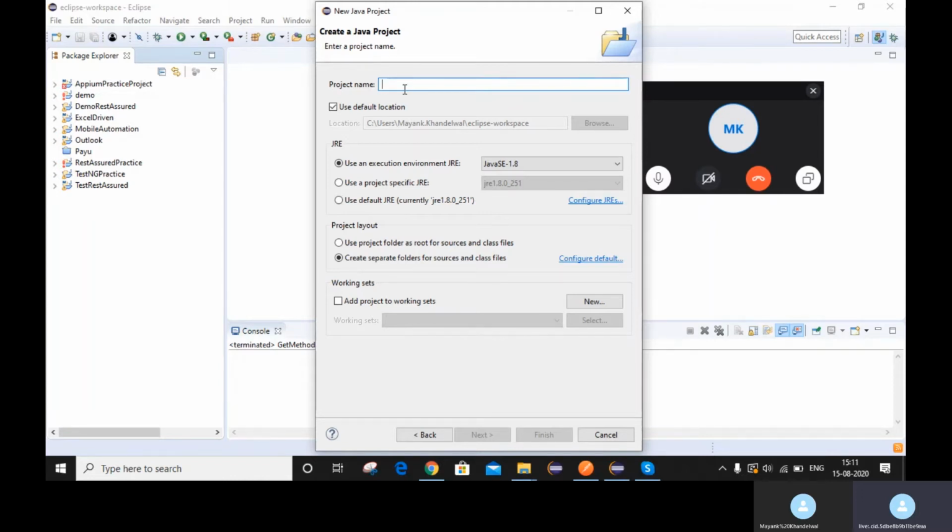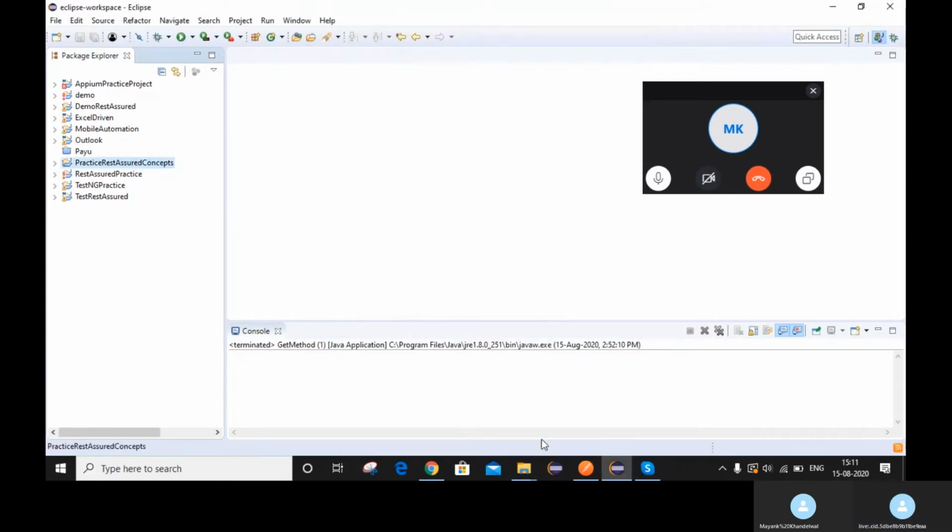We give the name to our REST assured project, we give it as practice REST assured concepts. So now we are practicing our REST assured concepts. A simple Java project is created now.